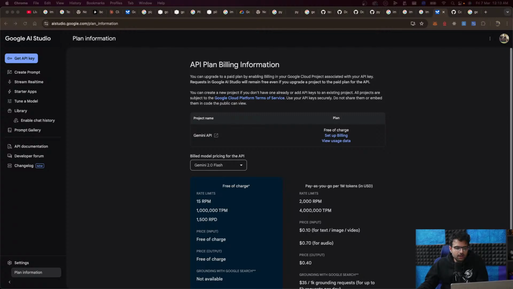Link a billing account. My billing account. I think this already has credits, so I'm just hoping it works. Your account verification is overdue. I understand, and I will do this later. Where am I spending 250 rupees a month? I don't know, but let's try upgrading one more time.